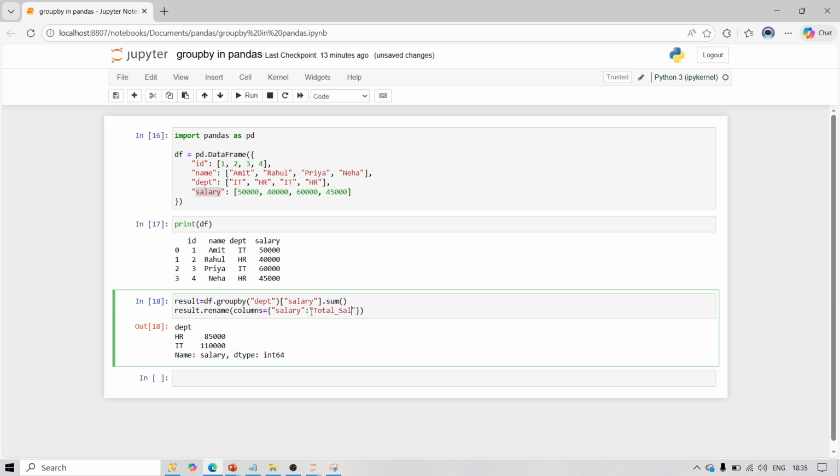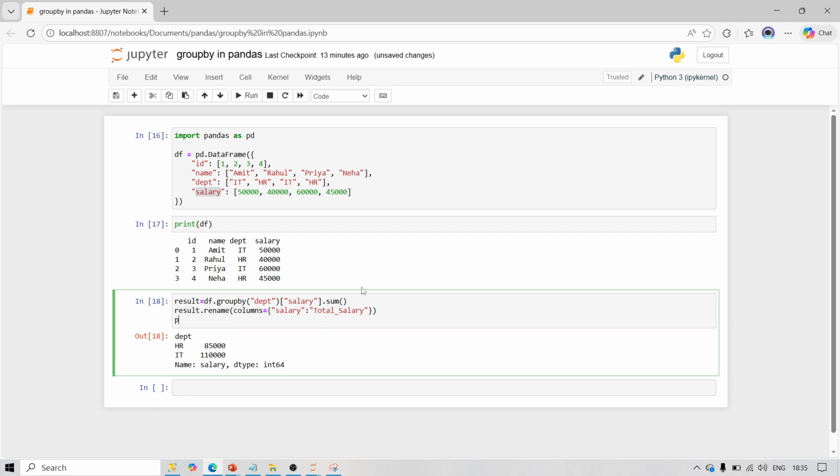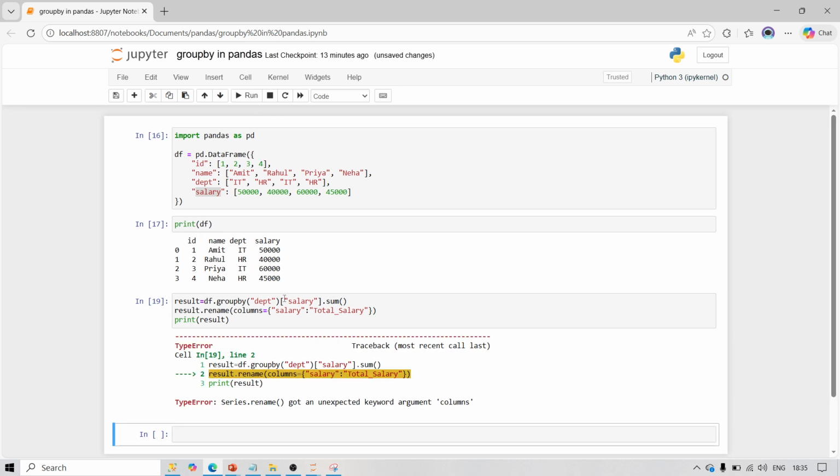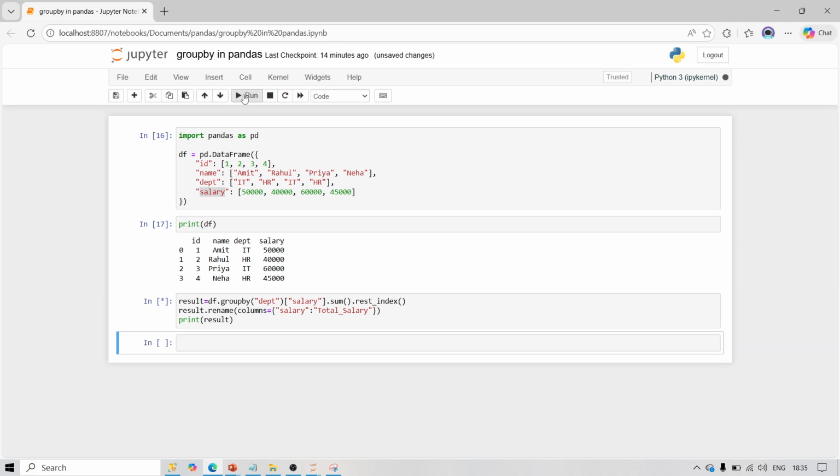The total salary. Now if I print the result, here firstly we need to use the reset index function, because previously we had 4 columns, but now we are getting only 2 records, IT and HR, so we need to do the reset index. And now if I run this code,